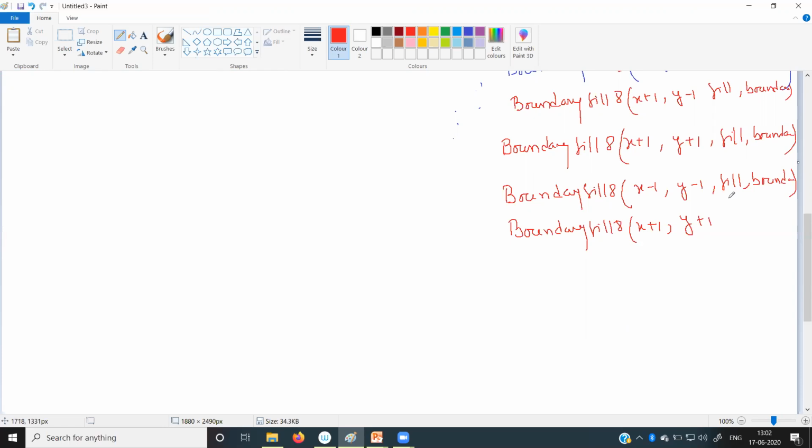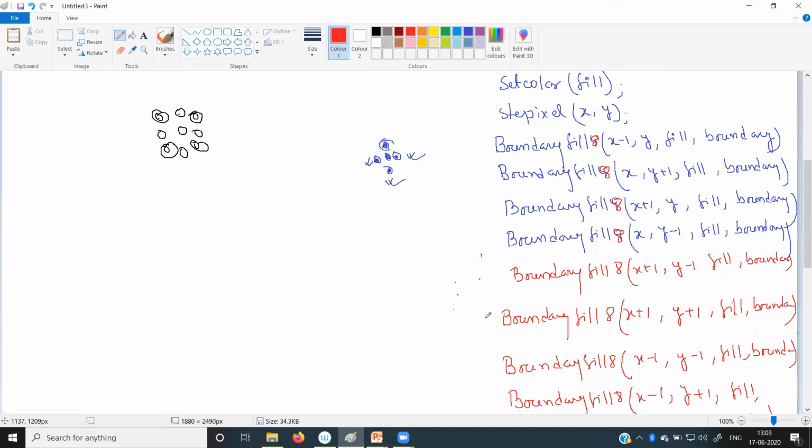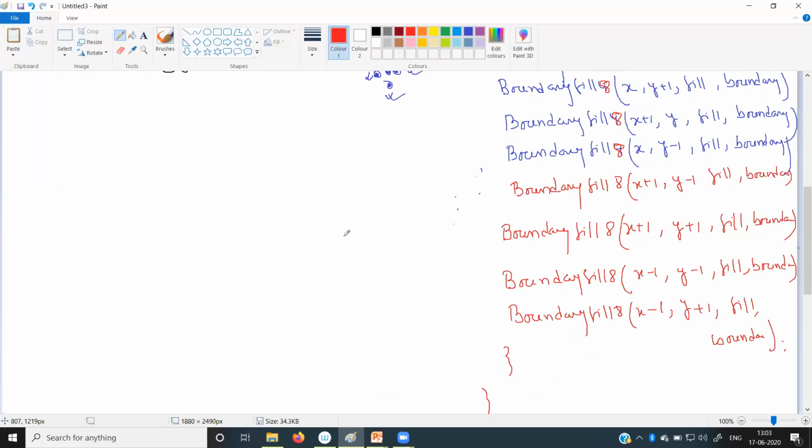So it is x plus 1, y minus 1, x plus 1, y plus 1, and both will be minus, right? x minus 1, y minus 1, and it will be x minus 1, y plus 1, right? This is fill and boundary. So what happened? We called this function for all the 8 nearest neighbors. So we will execute the algorithm accordingly.